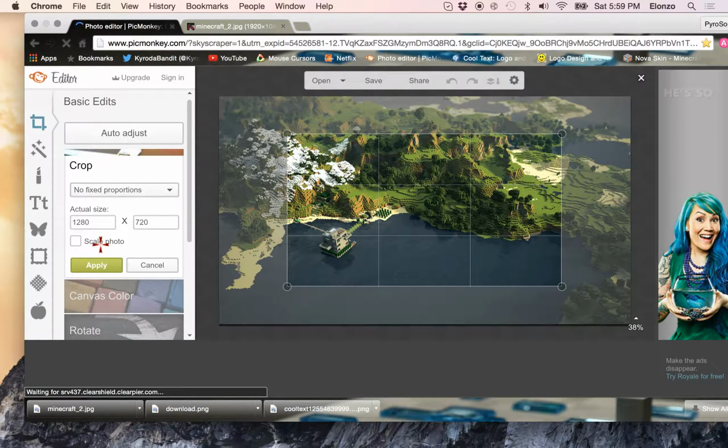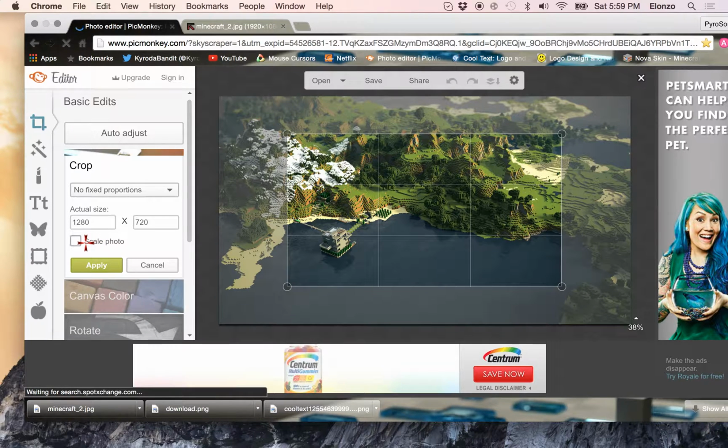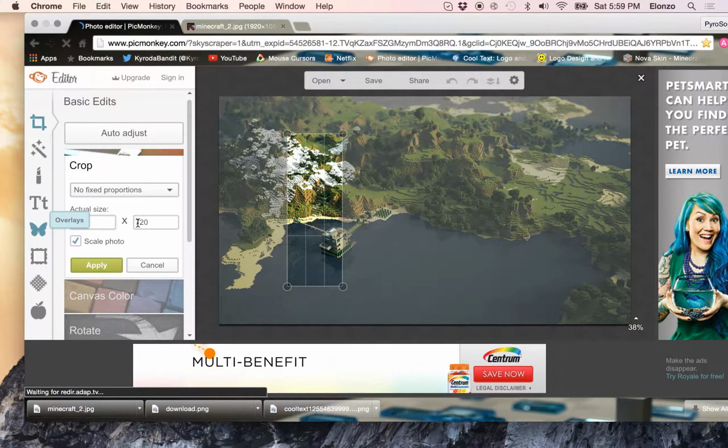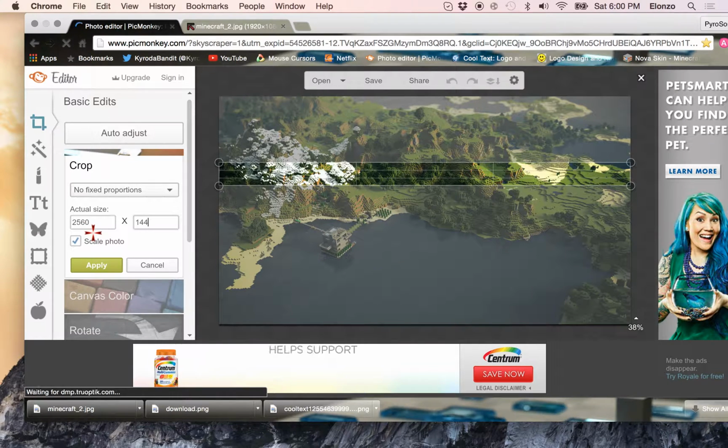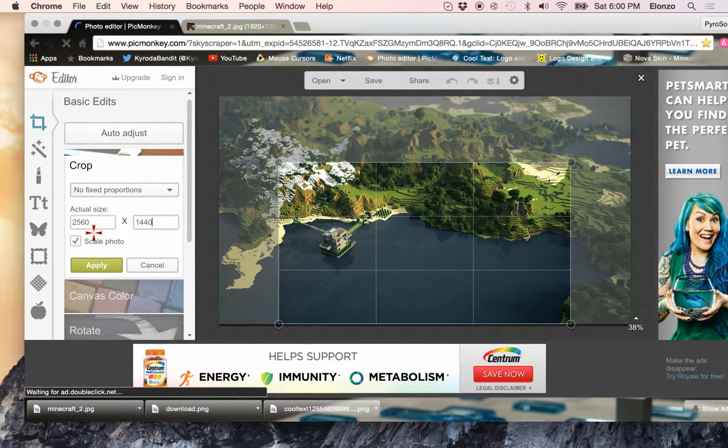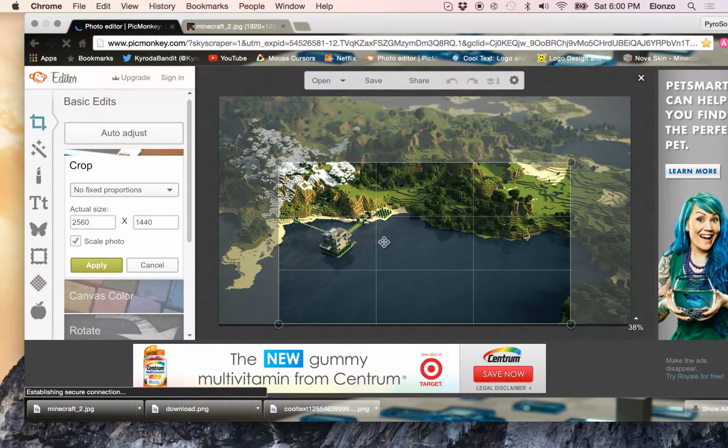Okay, and if the image is smaller than 2560 by 1440, you have to click scale photo. And then once you have done that, type 2560 by 1440. Okay, so now that that has loaded,